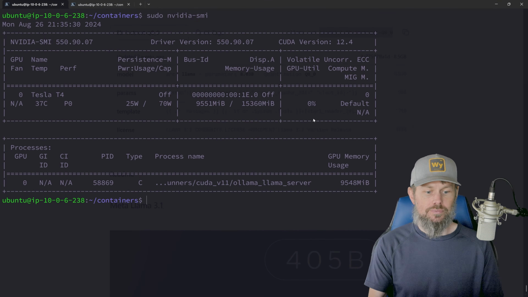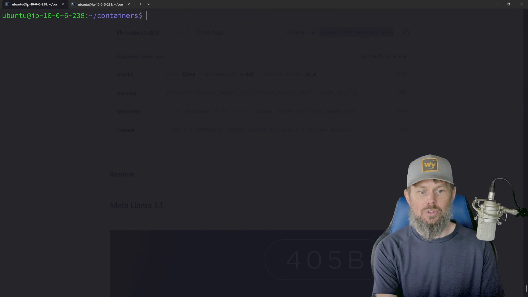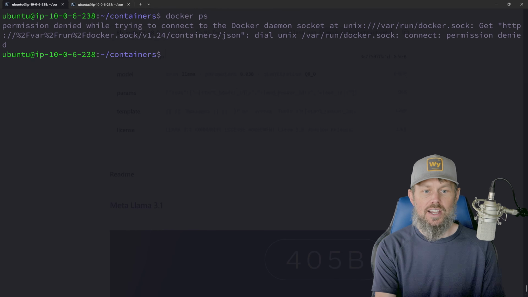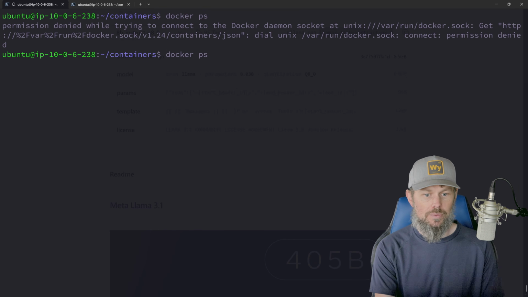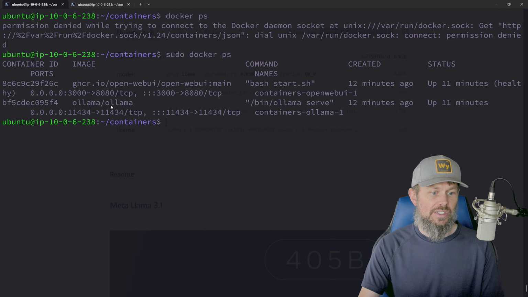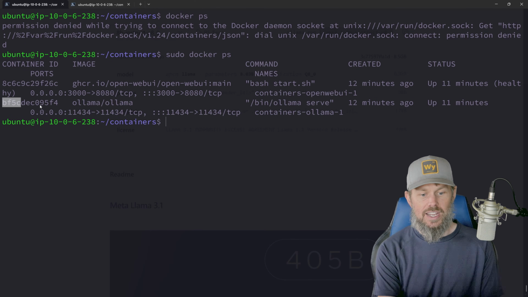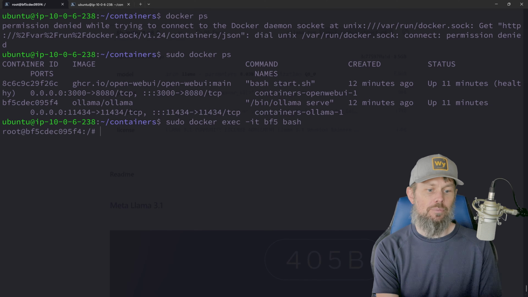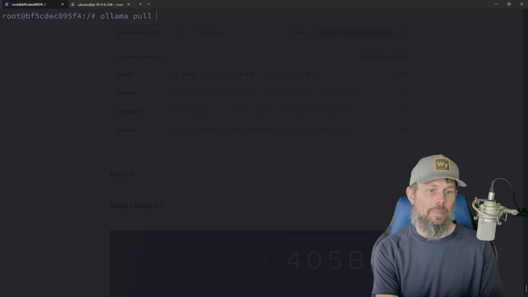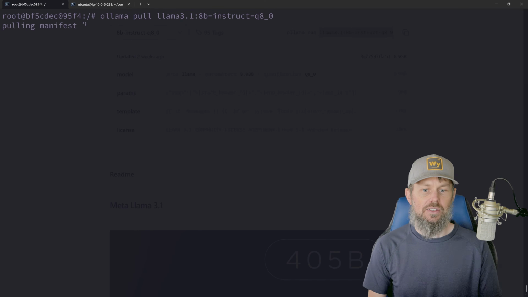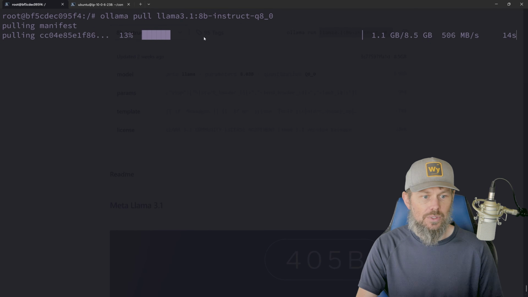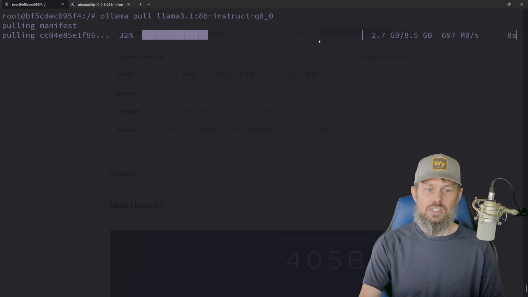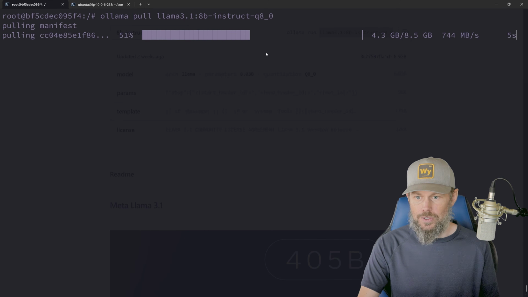And again, if you wanted to download that model, you would just want to do a Docker PS on your host here that's running in EC2. And again, you want that container ID. So we would say sudo docker exec -it bf5 bash. And now we have Ollama full, and then we'll just paste in this model right here. Now we're going to download the 8 billion instruct model instead of the text model, and then we can just